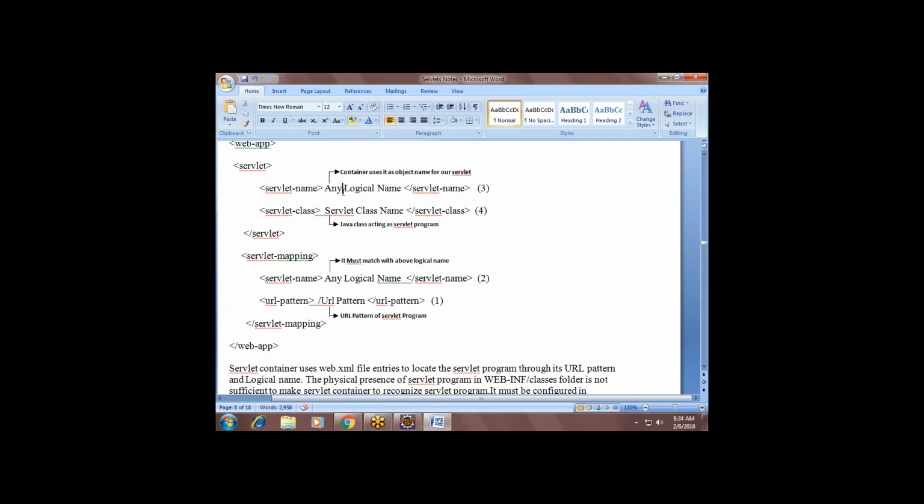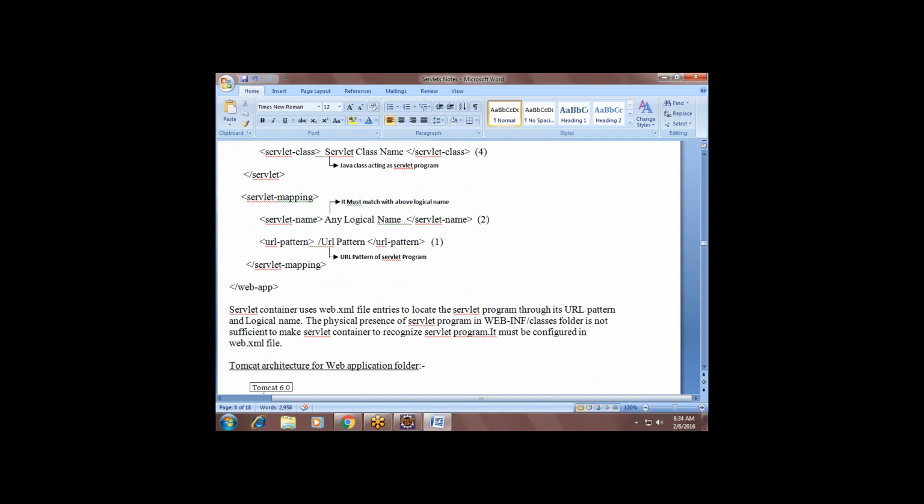If it matches, it will go there and execute the given servlet class. See, steps 1, 2, 3, 4. This is the way the container finds your servlet for your given URL pattern. Understand? So for this, we need to write this web.xml. Is it clear, guys?